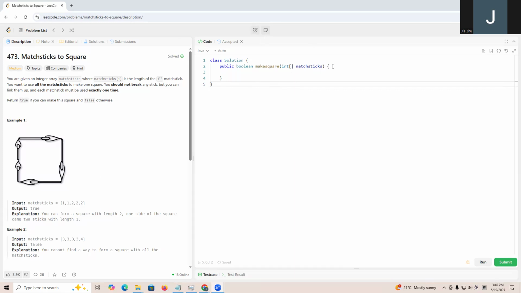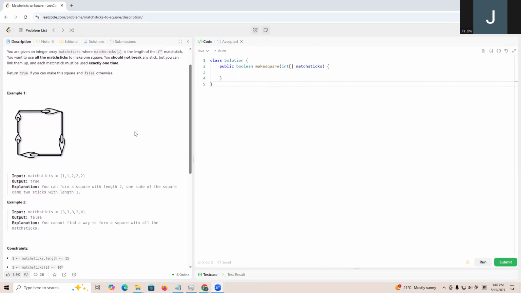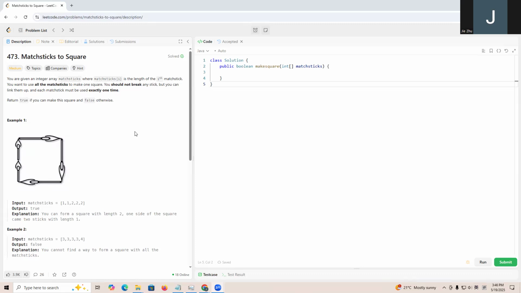So it will be the same as the problem Partition to K Equal Sum Subsets, but k just equals 4, right? So we can write similar code. So int sum equals 0. What we do is, for int num in nums, then we're going to have